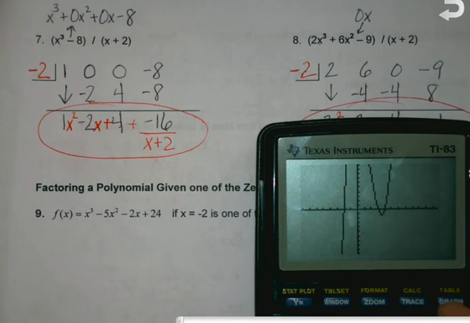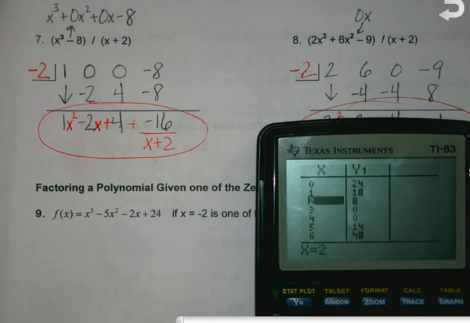Looks like a table would be an easy way to go. Any place that I see a 0 for y, oh, 3 would be an answer, 4 would be an answer. And we already knew -2 was an answer. So if you were asked to find the zeros, that's kind of nice. You know, make this work out. But for now, because again, we're kind of building on things,